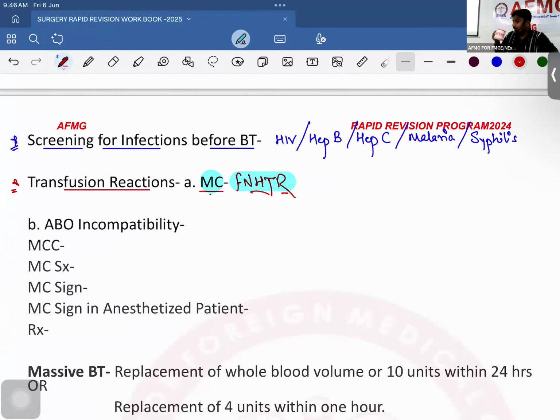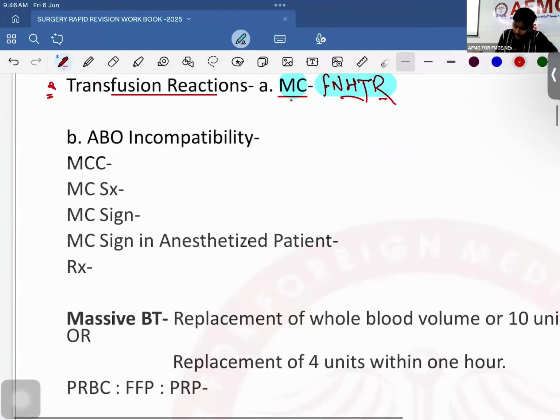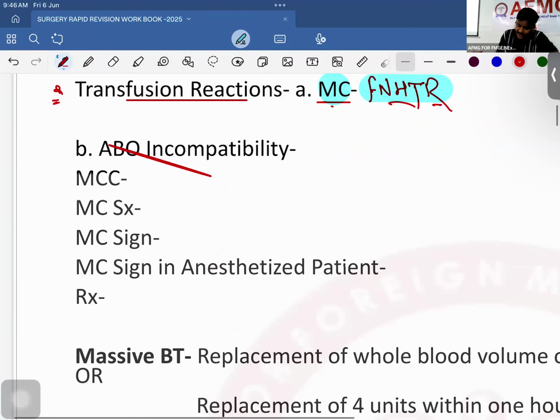If it is a mild fever, the treatment will be antipyretics like paracetamol. But if it is a severe fever, then stop the transfusion. Clear? Next important, if I talk about the second transfusion reaction, which is deadly, beta, that is